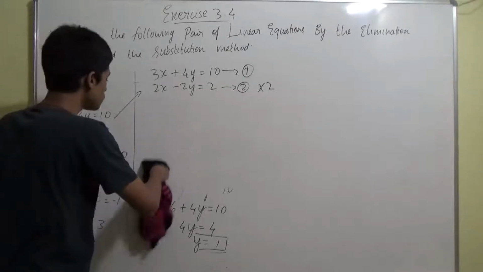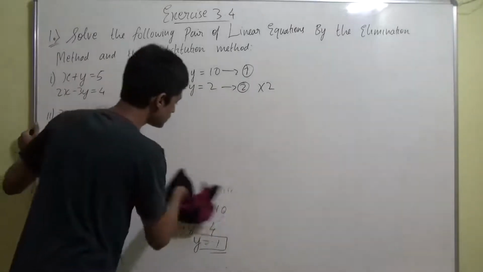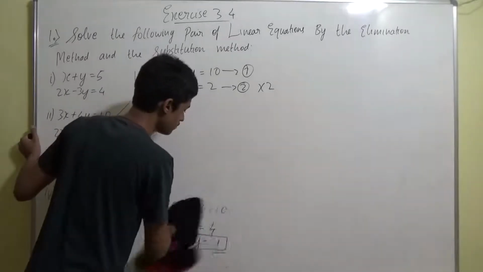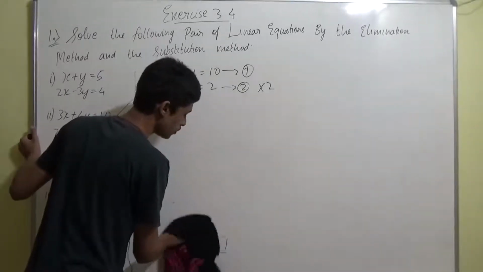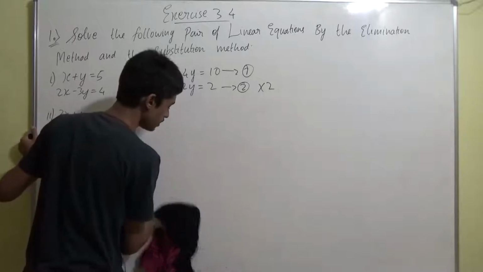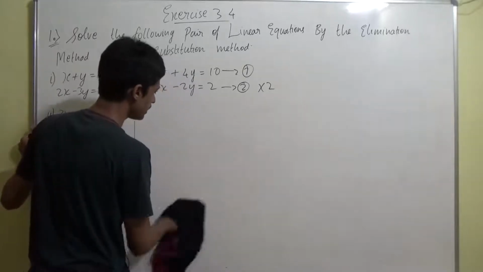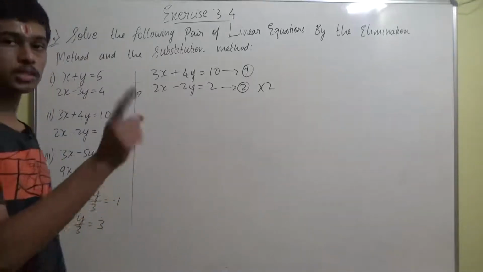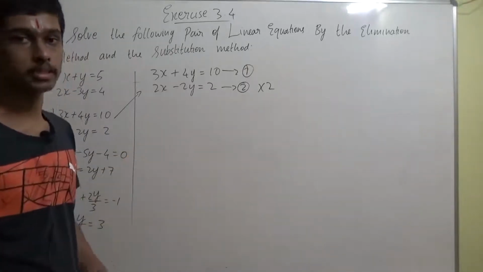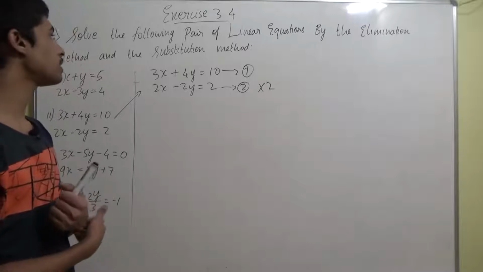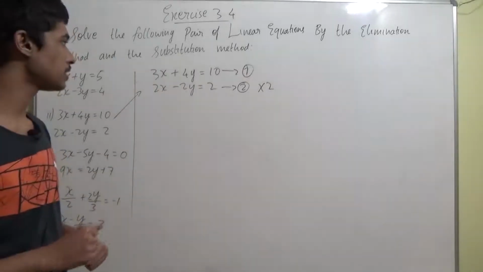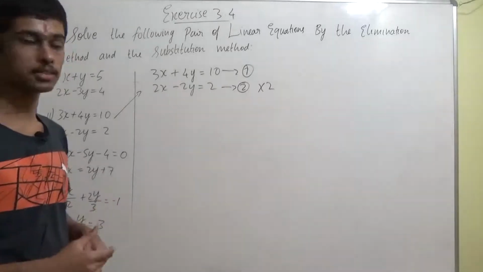All the methods are equally good, guys, right? It depends upon the question which we are going to approach. For a few questions, a few methods will be extremely easy. For example, in the elimination method, it will get easily eliminated for a few questions. For a few questions, it might not get eliminated, but using the substitution method might be fruitful. So it depends from question to question. But whenever a method is specifically mentioned, you have to use that specific method itself. Remember that, guys. Don't do it in some other method and lose marks, right?